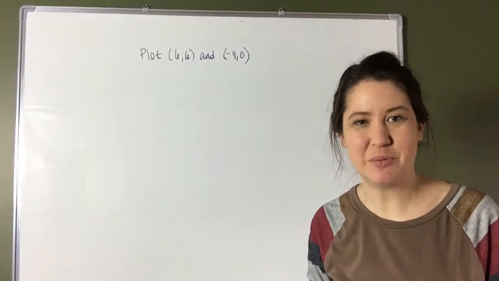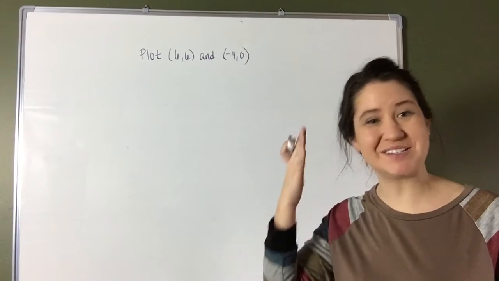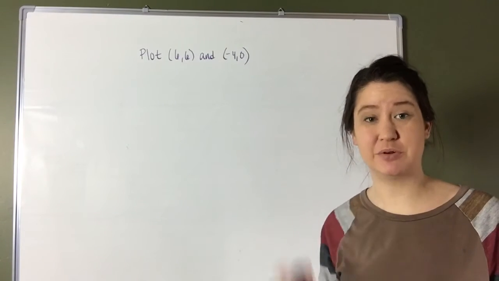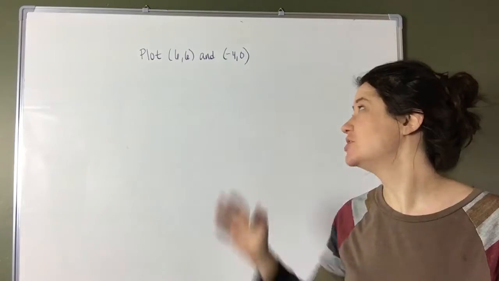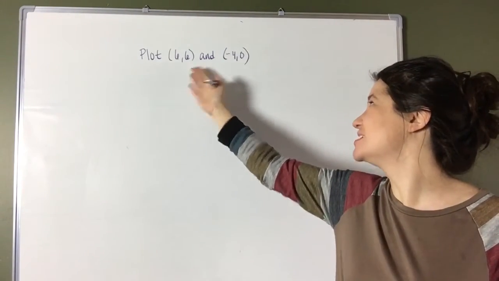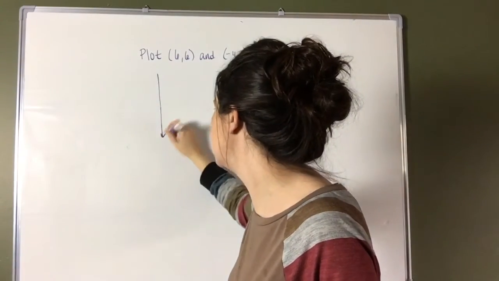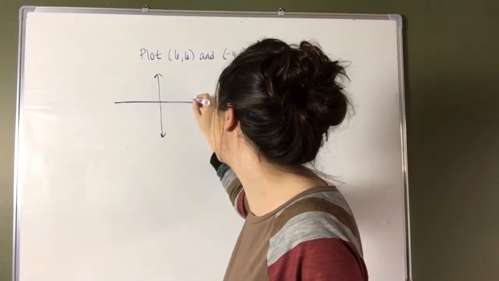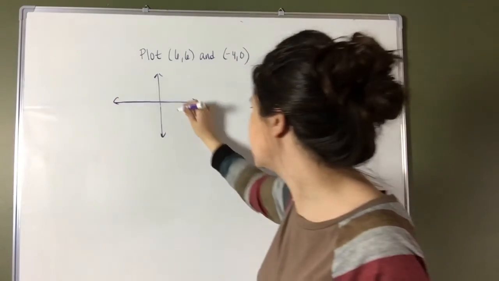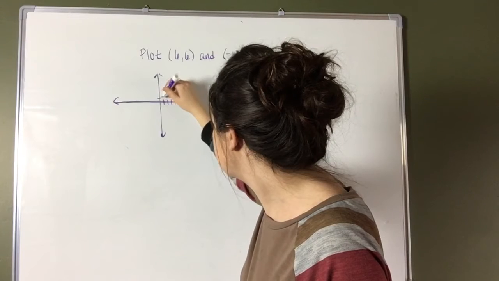Everyone, we're going to talk about polar coordinates, but first we're going to go back to what we already know. When coordinates come to mind, you should be familiar with rectangular coordinates already, which are regular xy coordinates. So if I were to tell you to plot the points (6, 6) and (-4, 0), you could probably do that pretty easily and fast, right? You'd know that if you want to plot the point (6, 6), you go out 6, up 6,